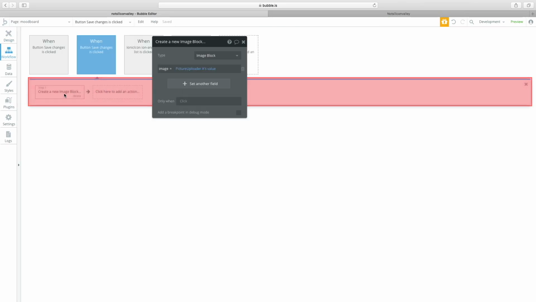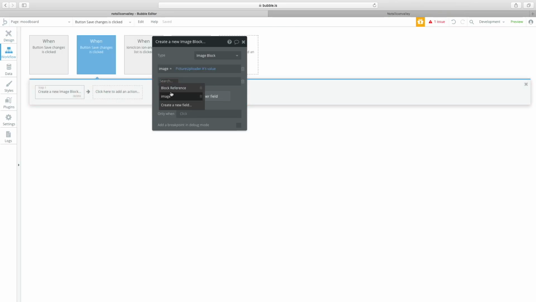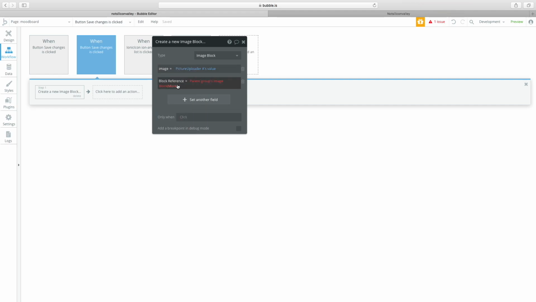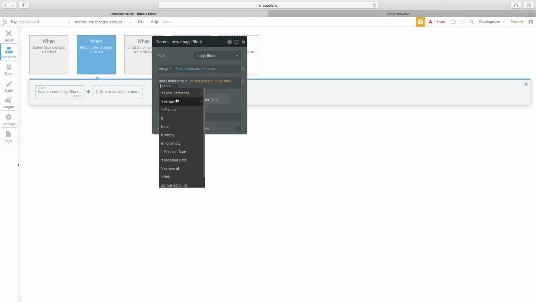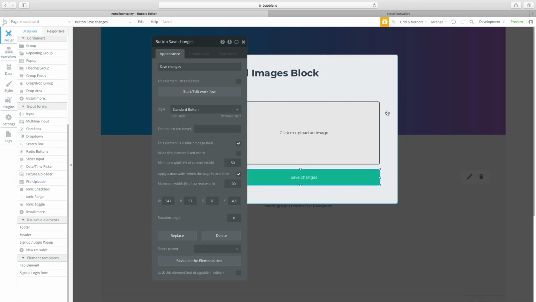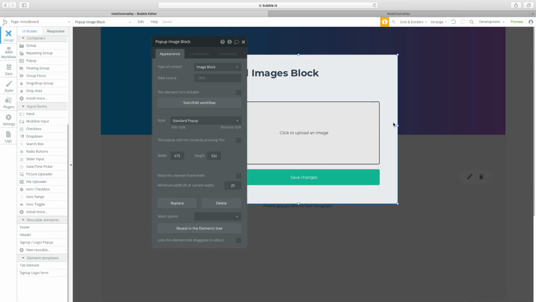But one thing we did not mention is which block it corresponds to. So it corresponds to the parent group's images block. Okay, I'm sorry. Block reference. Yeah, this is okay. So you have to say block reference, this is image block. Okay, this pop-up, and this is going to be referring to a block,